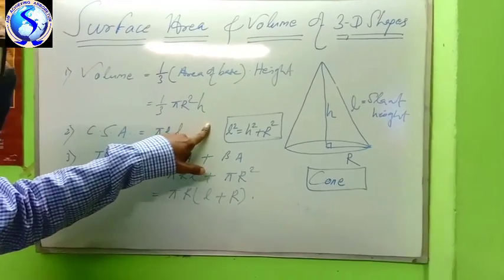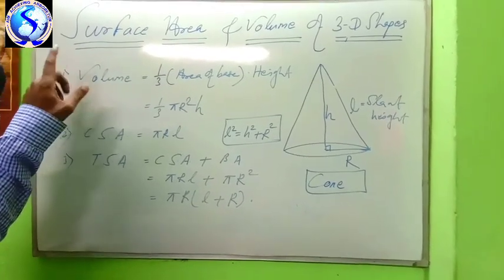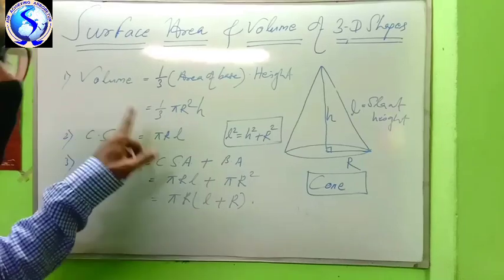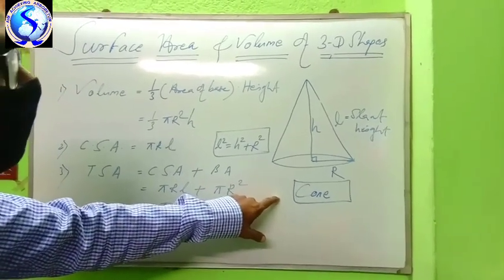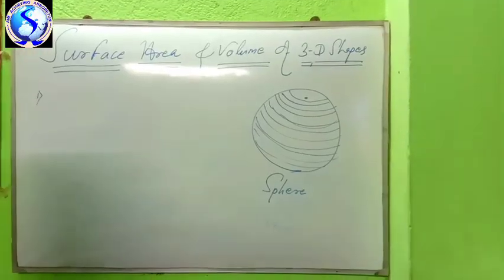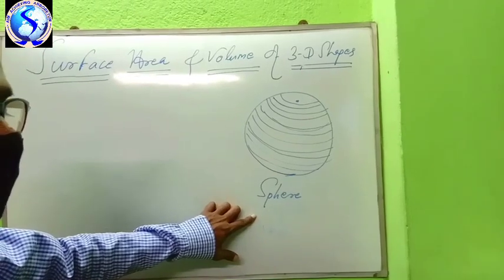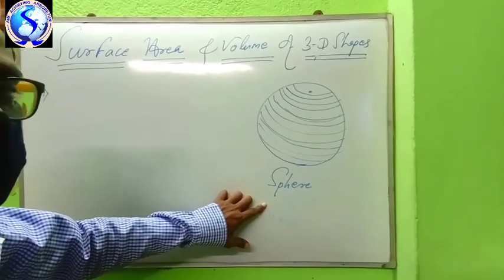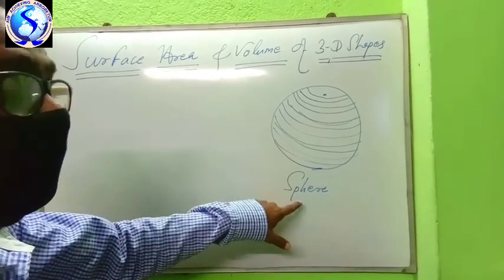Okay. Already we have completed four figures: cube, cuboid, cylinder, and this is cone. Last one, as per your syllabus, sphere. Hello students, next I am taking a 3D shape like sphere. You know sphere is like a football. Have you seen a football? Just like a sphere. I have taken a solid sphere.